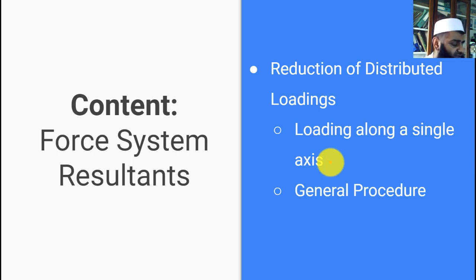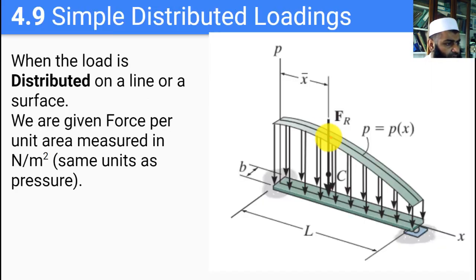Previously in this chapter and everywhere else in this course, we were looking at forces which were concentrated at a particular point. But in most practical cases we would expect that the force is distributed over a rigid body. For example, if we have a beam which has some weight, the weight is not acting at a single point, but is distributed over the whole beam. In this course we would only look at simple distributed loadings, and let me explain what a simple distributed loading is in a minute.